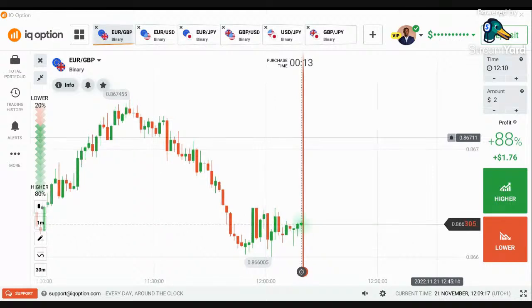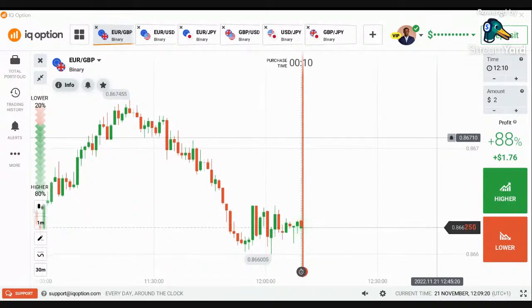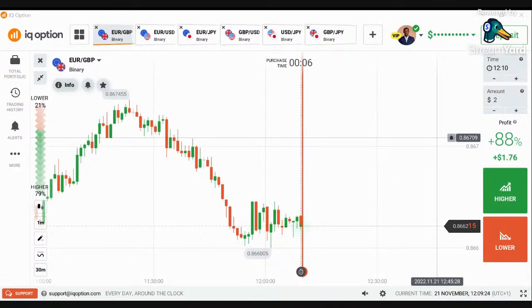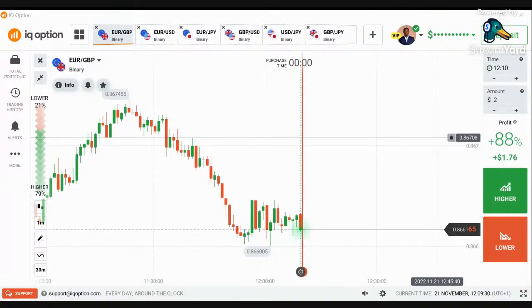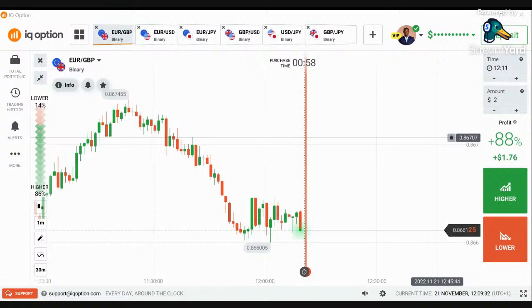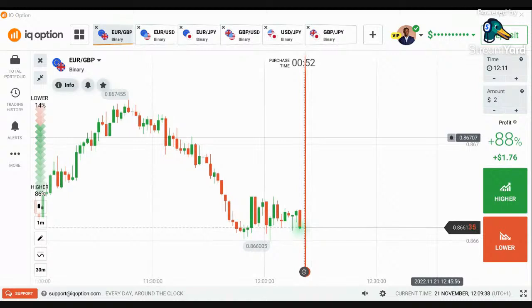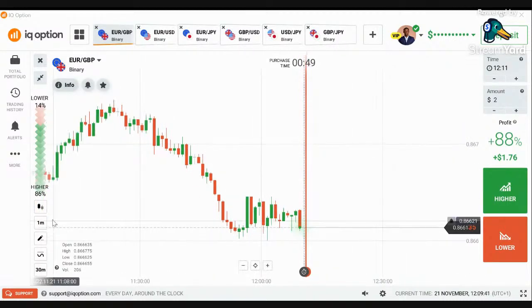The market is consolidating. After this consolidation, the market is going to expand either higher or lower, but I'm expecting higher. We never know, but I would like to see it go higher. So this is consolidation, and it's going to expand very soon. Once it expands, you see a retracement later. After the retracement, it's going to reverse, and just like that, it's going to continue the higher low.